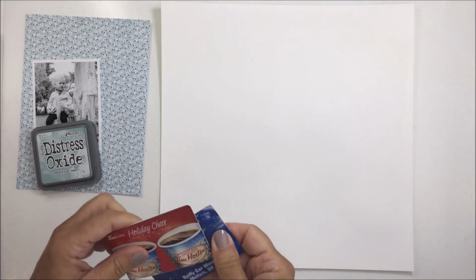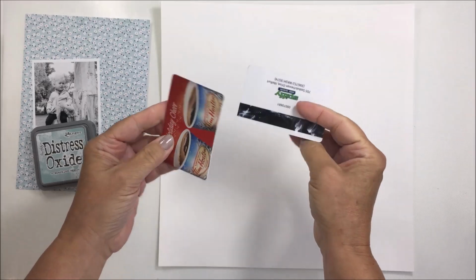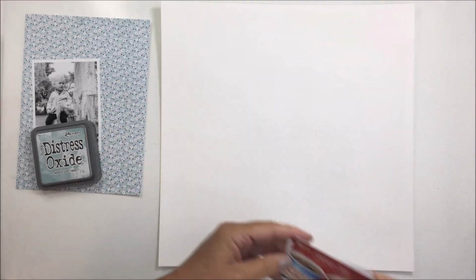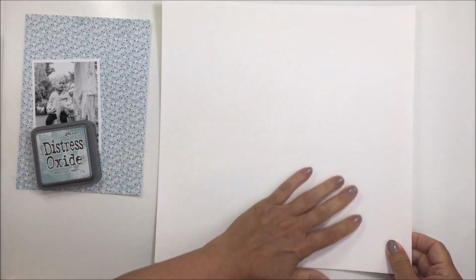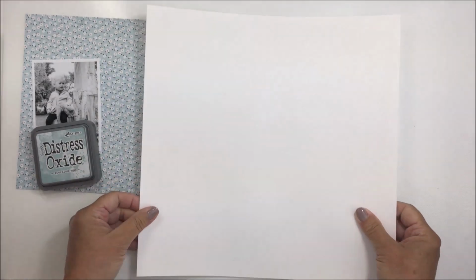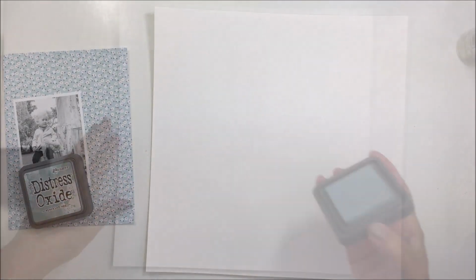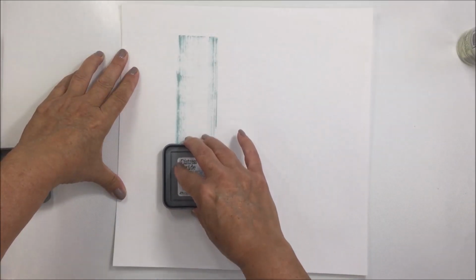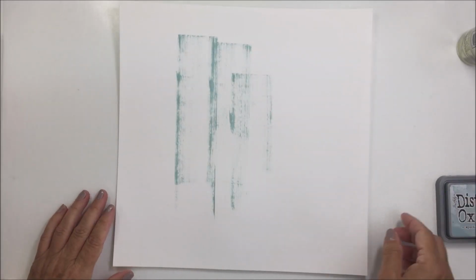And I applied it with my Prima silicone brush, but you could also apply it with a gift card or a palette knife or anything that you have that's flat and smooth that you could put that on with. And here it's all dry and it's ready to go, ready for my mixed media and my first step with my mixed media process. So I really love the speckled egg new color from the Distress line,